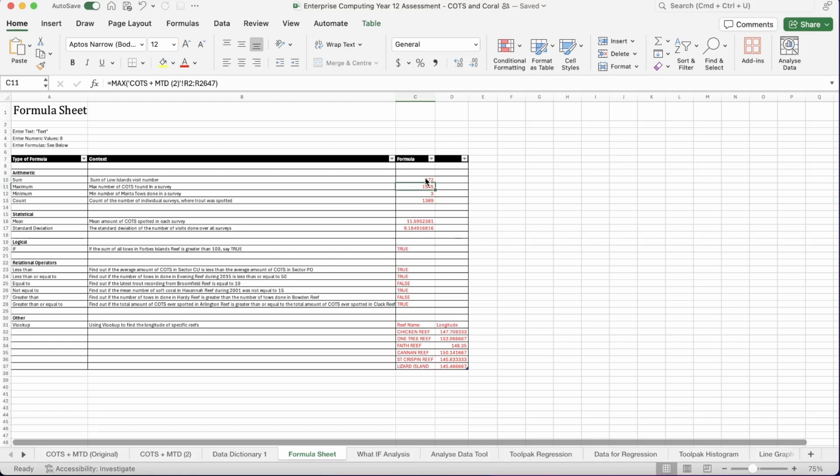I found the maximum number of COTS found in each survey, the minimum number of manta tows done in a survey, the count of the number of individual surveys where trout was spotted, the mean amount of COTS spotted in each survey, the standard deviation of the number of visits done over all surveys, and then I did the logical